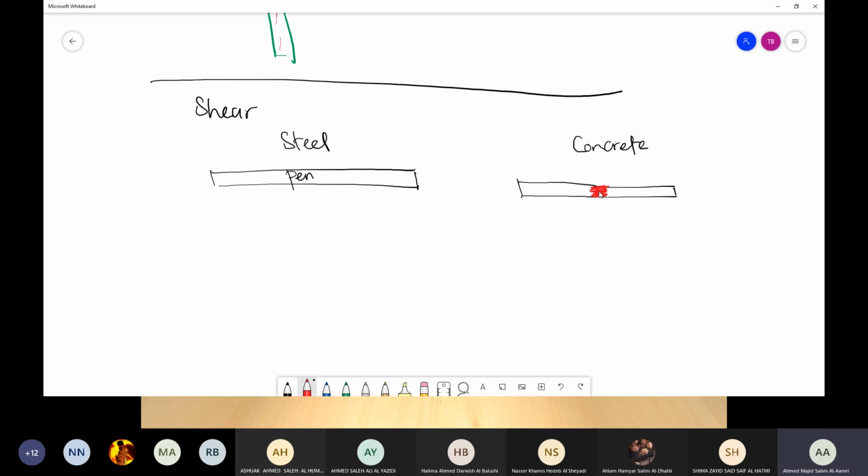Now what we understood is that shear forces are different forces, right? We have two different direction forces. So I'm assuming that they have one over there and one here. Which one will you feel will be weak? The single pen or the two pens glued together? Which one is going to be weaker? Which one will try to break? Is it the single pen, which is steel, or is it the two pens glued together, which is concrete? Which one is going to be strong?